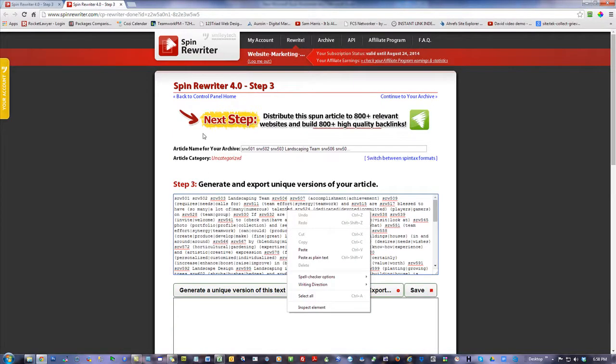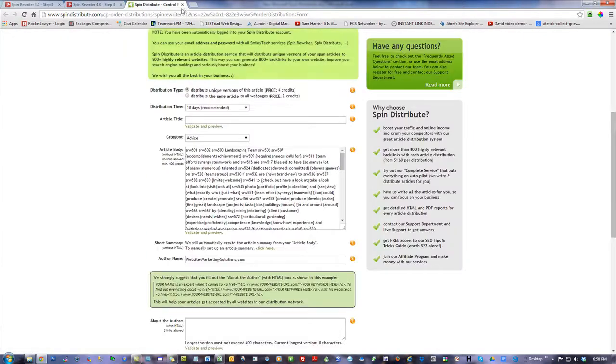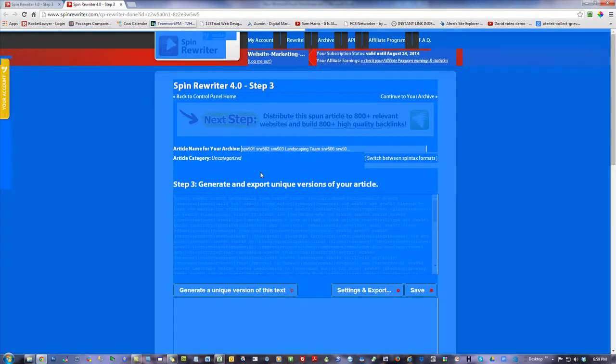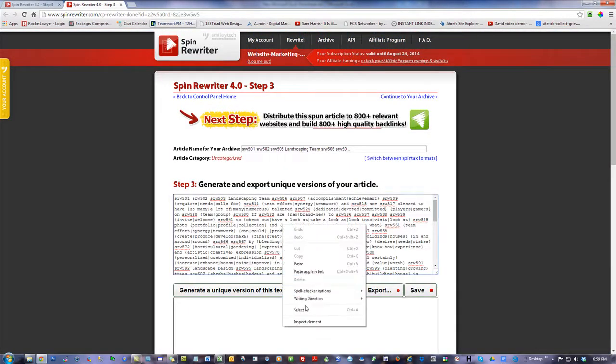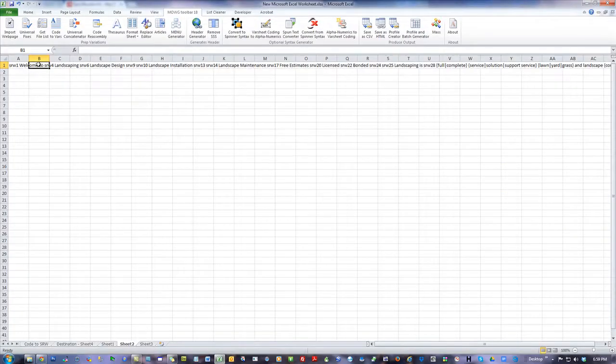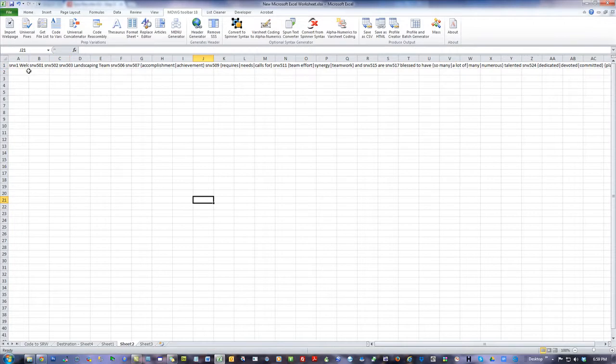Right click in the box. Don't right click up here and select all, because even if you tried, it's going to look really, really weird. Okay. Like that. Don't want to do that. So right click, select all. I want to get the stuff in the box. Right click, copy. Come back here, double click on B1, paste. Okay. And boom. Now I've got my whole website back in here, all spun,